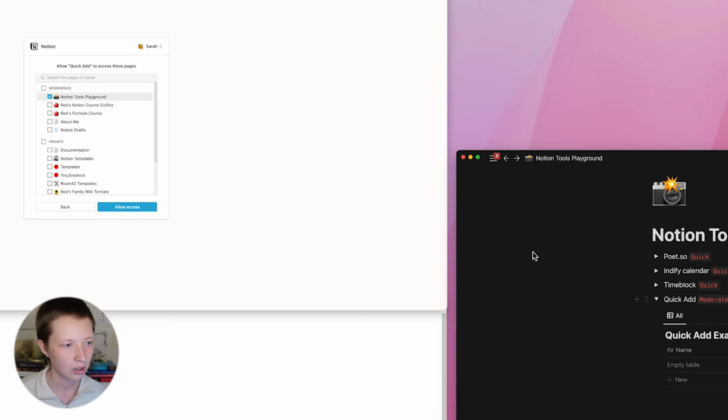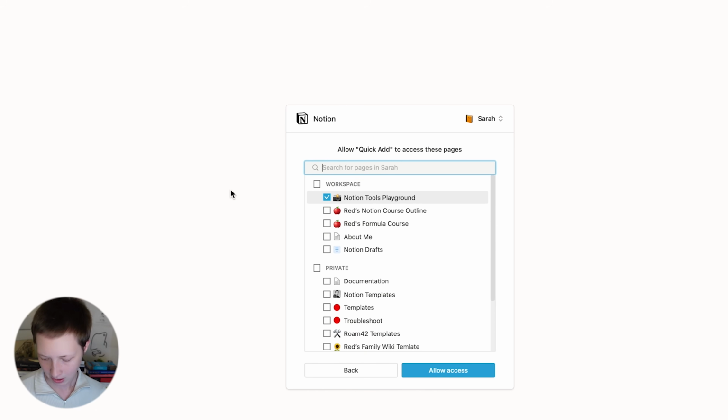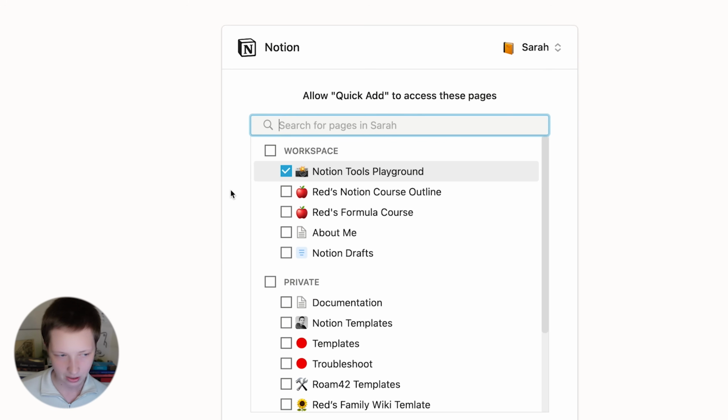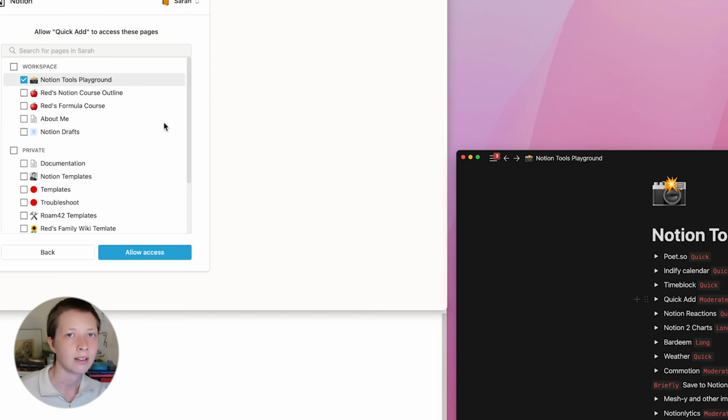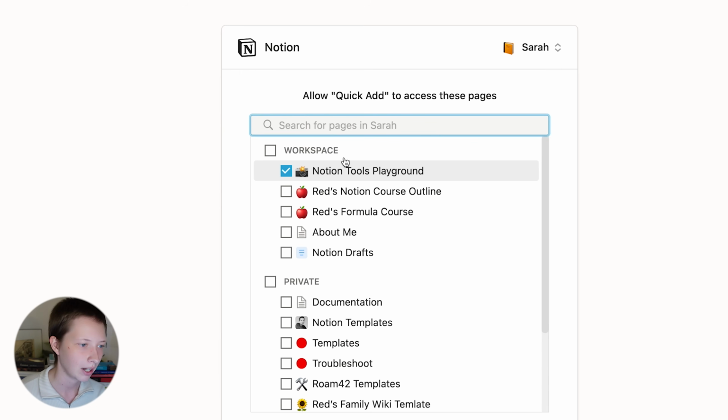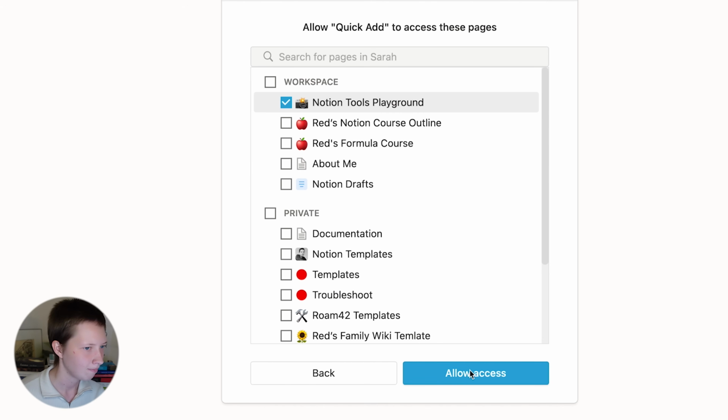What that'll do, just so you know, whenever you're faced with this page to select a database, there's a lot of tools that have you do this, that connect directly to your databases, to your workspace. I recommend choosing your home page, or the page that has all of your databases inside. I have quite a few databases inside of this Notion Tools Playground page, so I'm just going to select that page, and it will include all of the databases inside. Allow access,